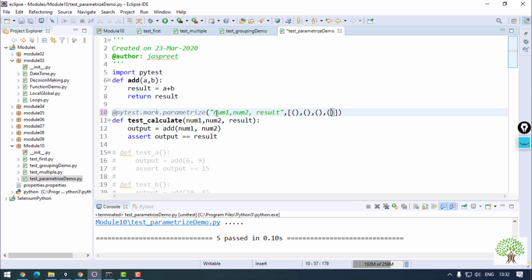Inside these data sets I need to pass 3 arguments. Then I have 8, 8, 16. Right now I'm giving all the right answers. Okay, so I'll say 1 plus 5, 6,